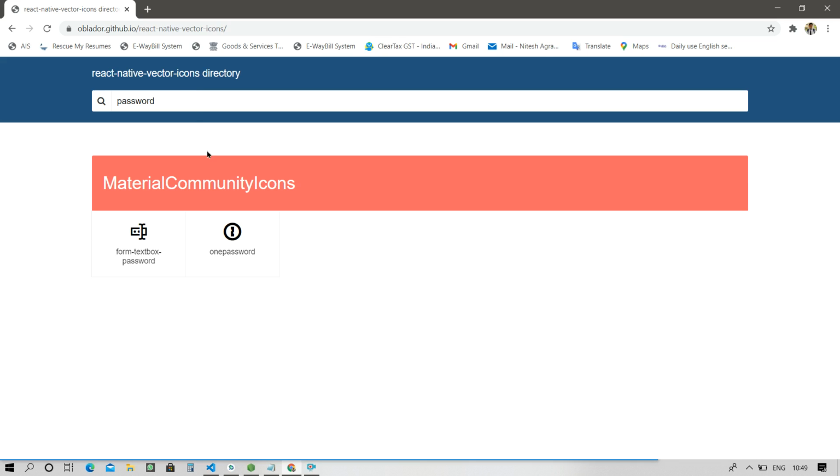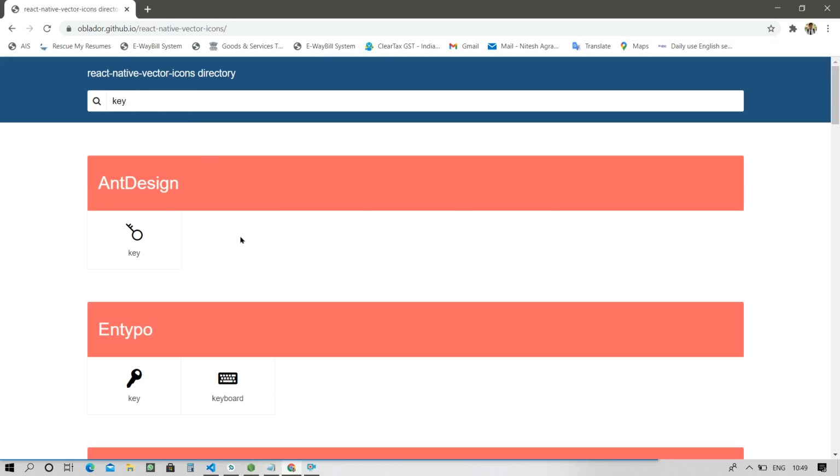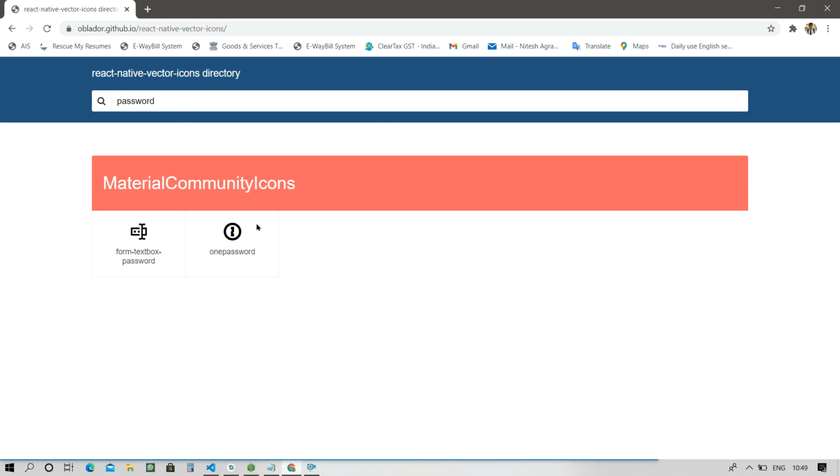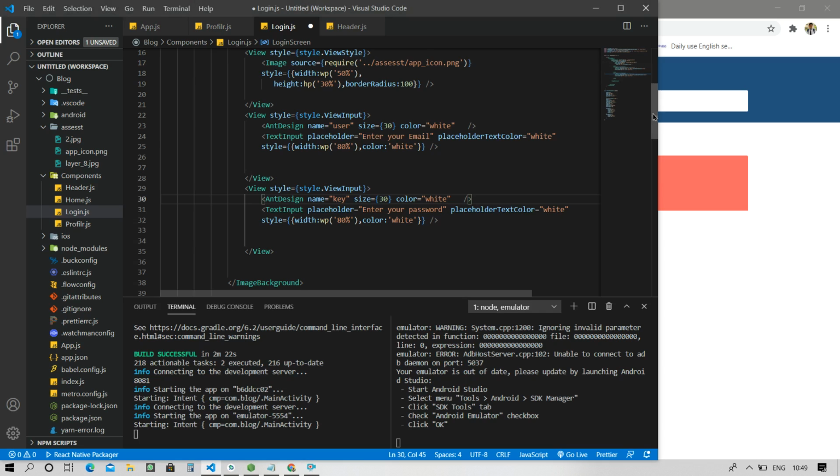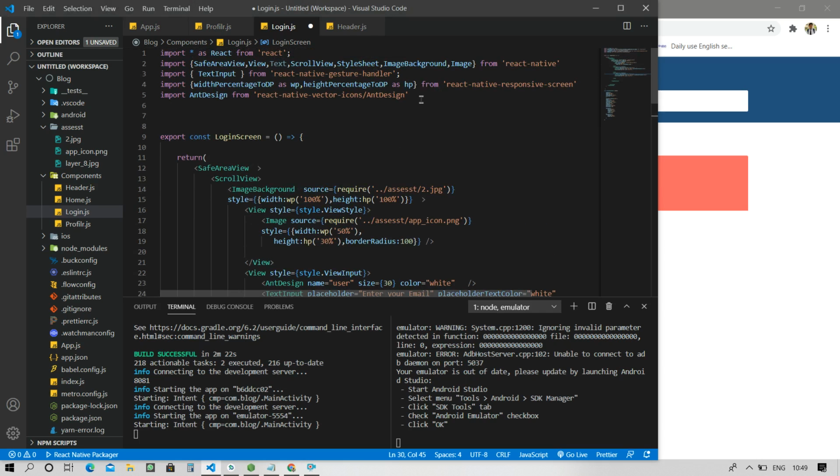Any key, yes, the key is in AntDesign also, but we are using a password one here. So we have to import it, go here and write password. So we have to use the material community icon. Okay, so we are going here and you have to import.